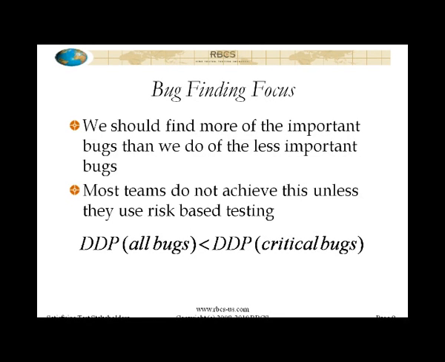You calculate DDP again, basically filtering out anything that wouldn't qualify as critical, and then you compare. And you would hope that you are more effective at finding the important bugs, at least if you're focused in the right places. Now, a lot of our clients, unfortunately, when they first go through this exercise with this metric, find that they actually have this relationship inverted, that their overall defect detection effectiveness is higher than their defect detection